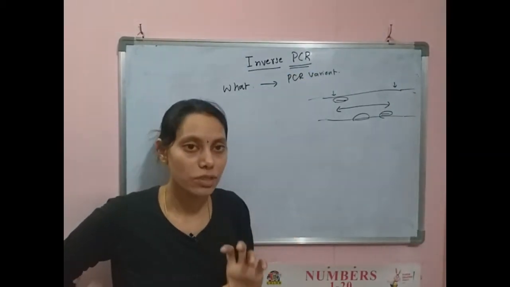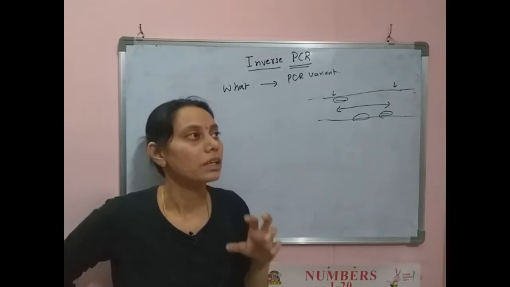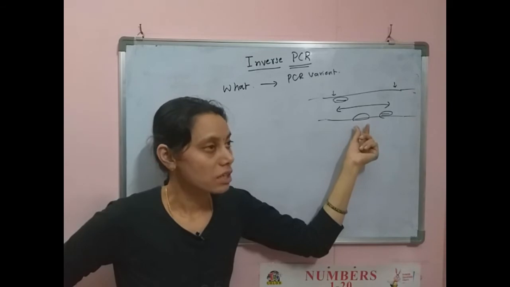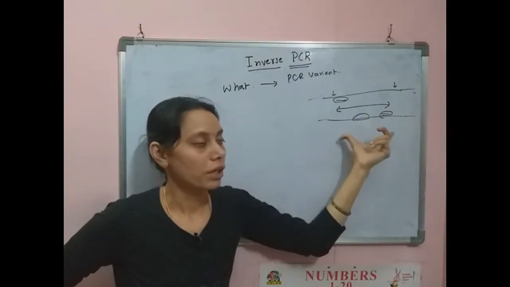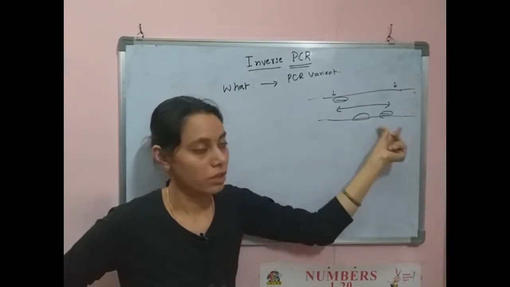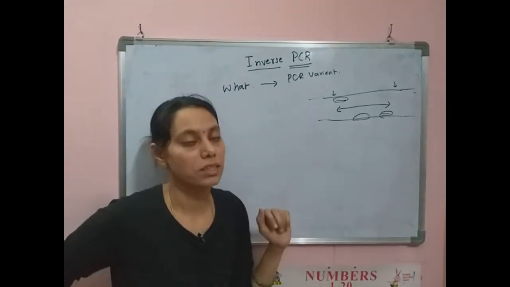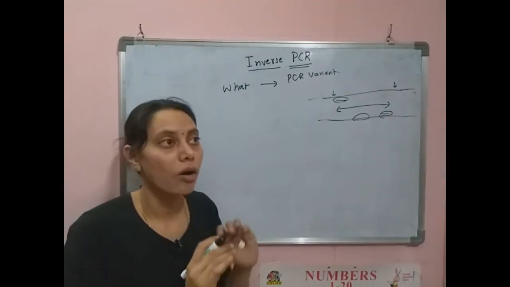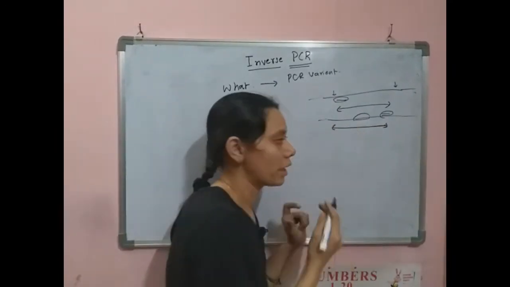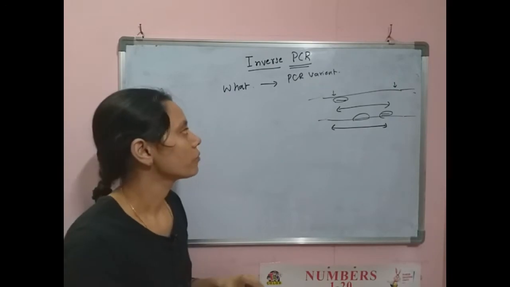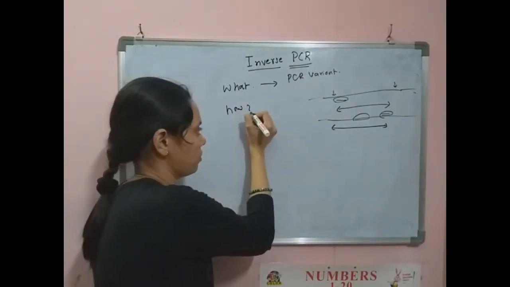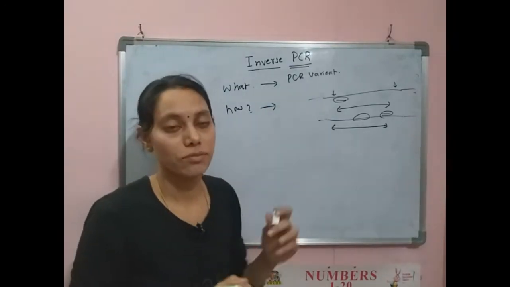During inverse PCR, we are going to amplify DNA for which the known sequence is flanked by two unknown sequences, one upstream and one downstream of the known sequence. Then what do we need to do? How will we trigger the whole target portion? How does it happen? What is the mechanism of this inverse PCR?